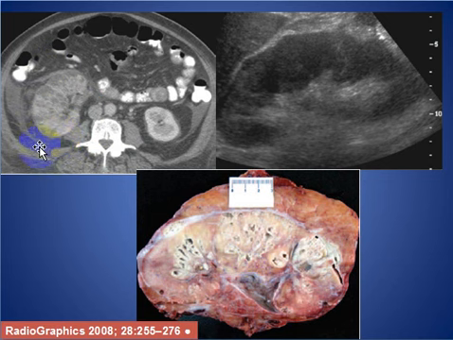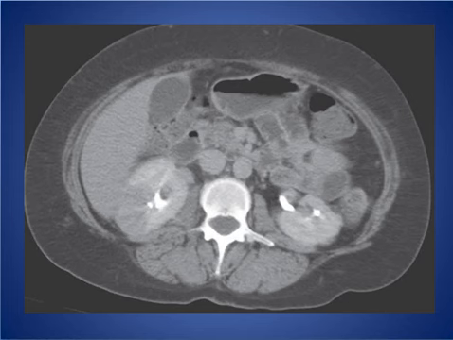And this is the thickened fascia with perirenal strands. And this is courtesy from Radiographics 2008. Here another patient with pyelonephritis. We see here, this is the